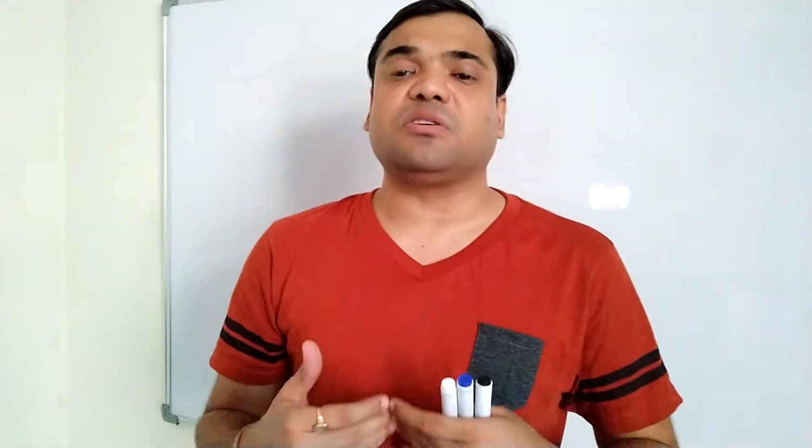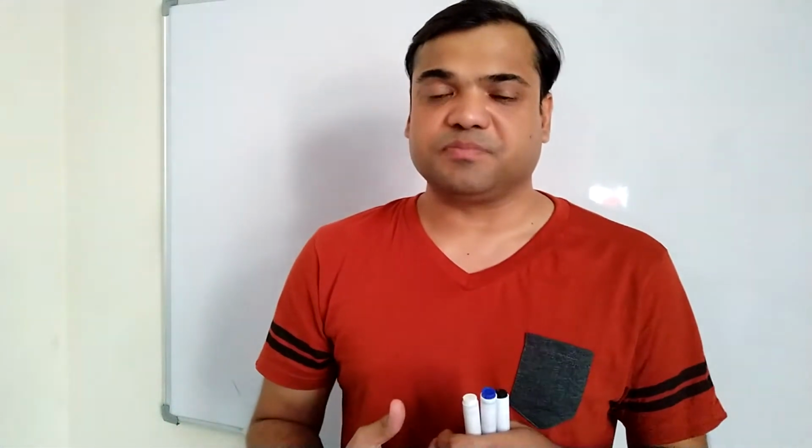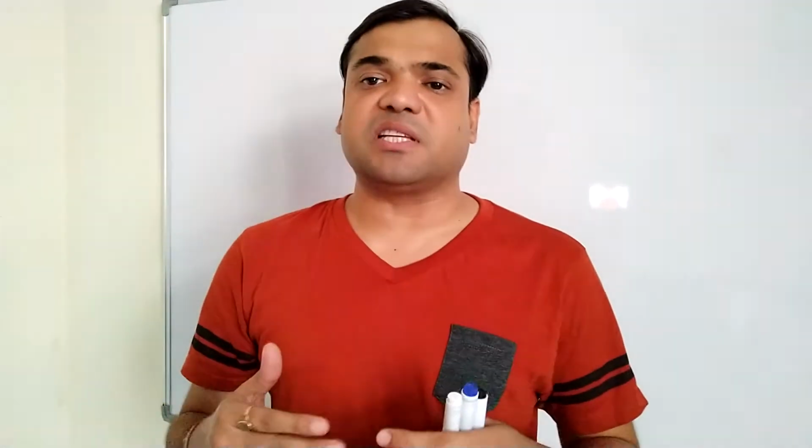So when we multiply two vectors in such a way that the product is a scalar one, that is called scalar product, or it is also known as dot product. While when we multiply two vectors in such a way that the product gives us again a vector quantity, then such multiplication is called cross product or vector product. Both types of multiplication are used in various parts of physics.